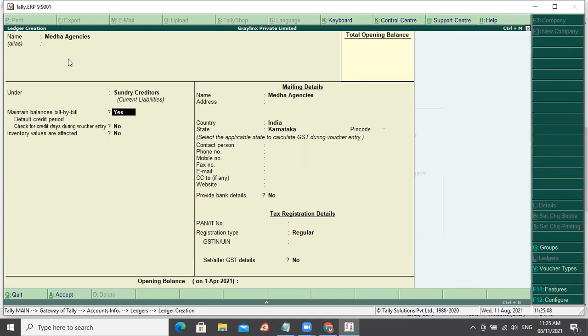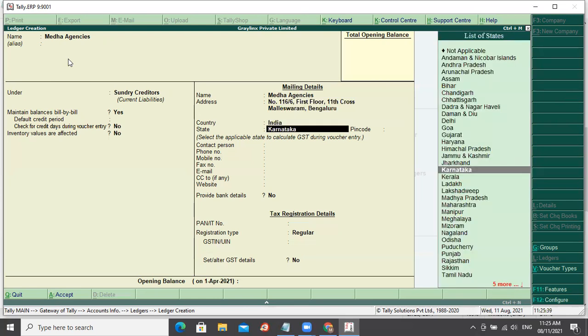Once you click on Sundry Creditors, it will ask for the bill-wise details. Specify yes, which means if you are ordering multiple times, you need to have a separate reference number. Then comes the address. Give the supplier address, then country, state, then PIN code.